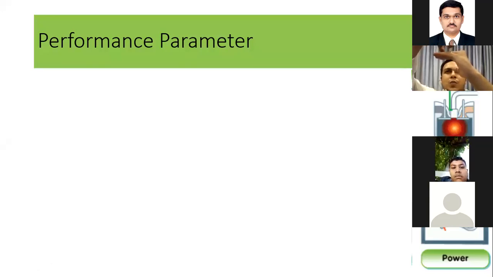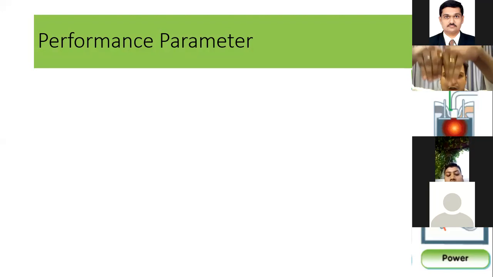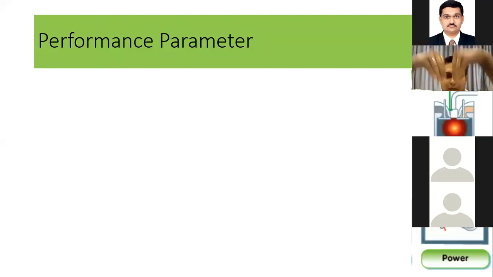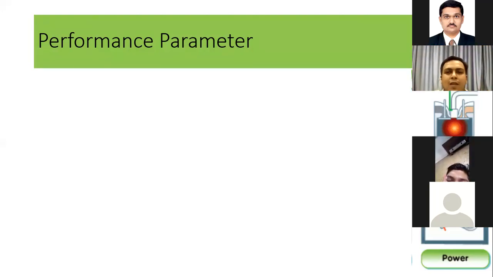All of a sudden the spark happens, and all the fuel burns in the presence of air, and it generates a downward force, and under the action of the force generated by the gas, the expansion happens and the piston moves from top to bottom. So the power generated here by the burning of fuel at the top position of the piston is called the indicated power.